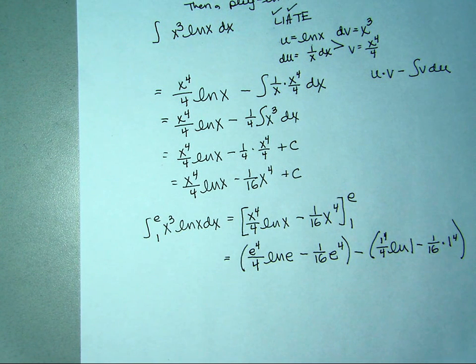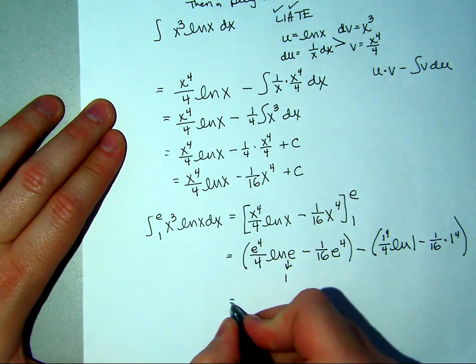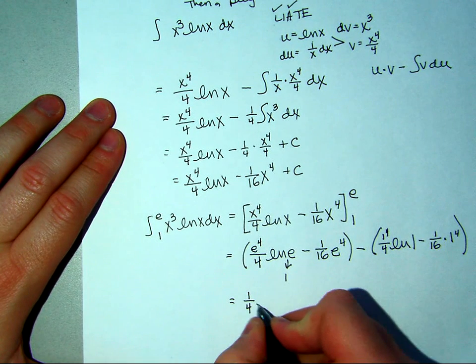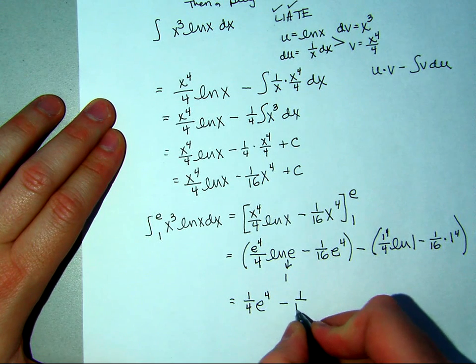This piece over here is just 1, so we're just going to get, I'll write it like this, 1/4 e to the 4th times 1, minus that 1/16 e to the 4th. I'm just going to kind of leave that for right now. I'll do more in a moment. Minus,